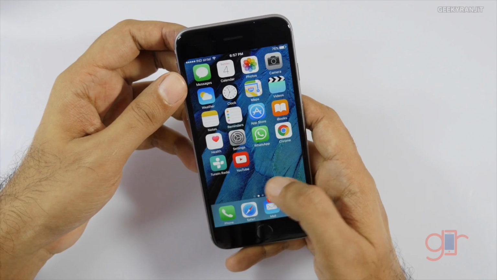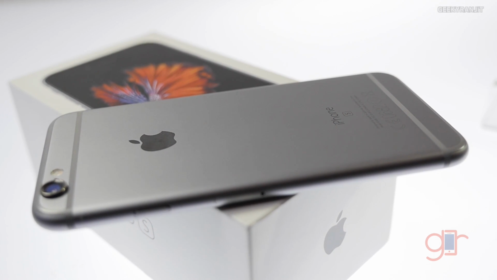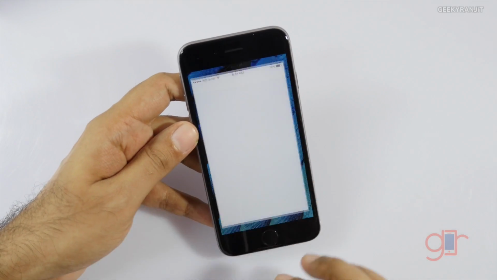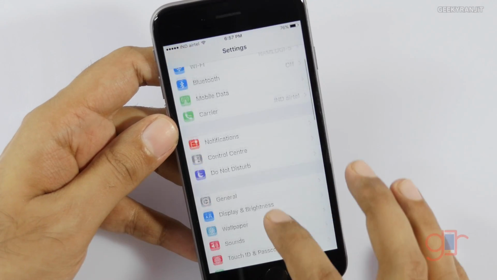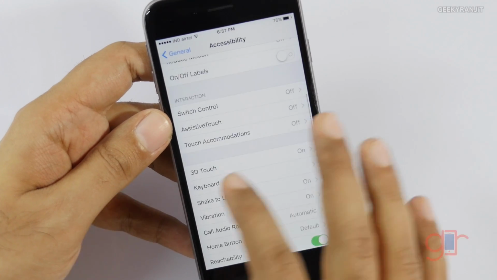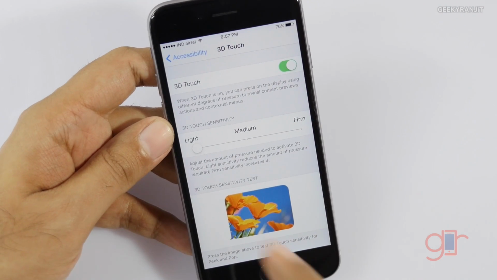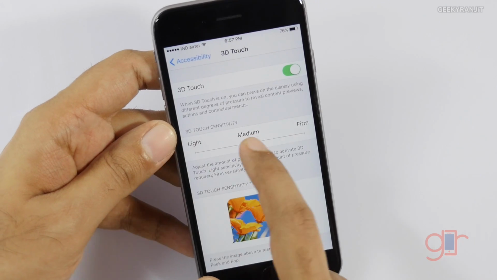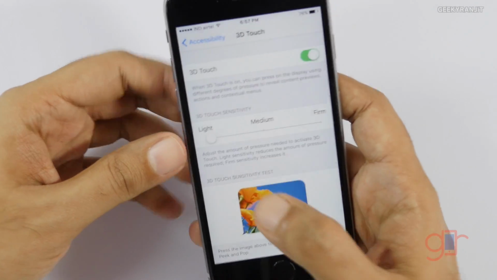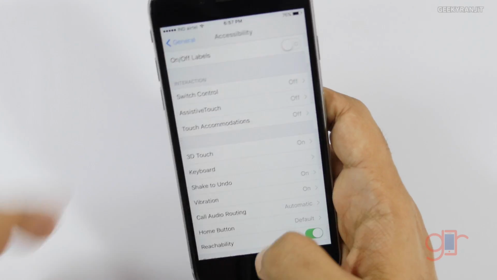But some of you might be wondering, you have to really put in pressure. And when I got this new iPhone 6s, I thought I had to put in a lot of pressure for this 3D Touch. Fortunately, you can set this up. You can just go to the settings, and under Settings, if you go to General, you need to go to Accessibility, and here you'll find an option called 3D Touch, and you can actually switch off 3D Touch if you want from here. But here you see the 3D Touch sensitivity option. By default, it would be at the medium setting. I have put it to light, and you can also test it here how it works. So you can set the 3D Touch, that is the pressure that you want to apply over here. So that option is there.